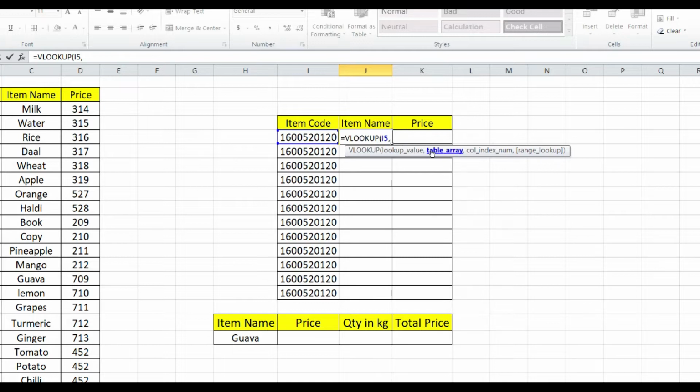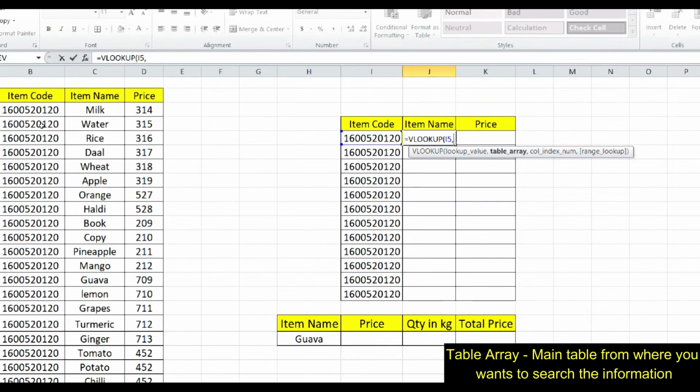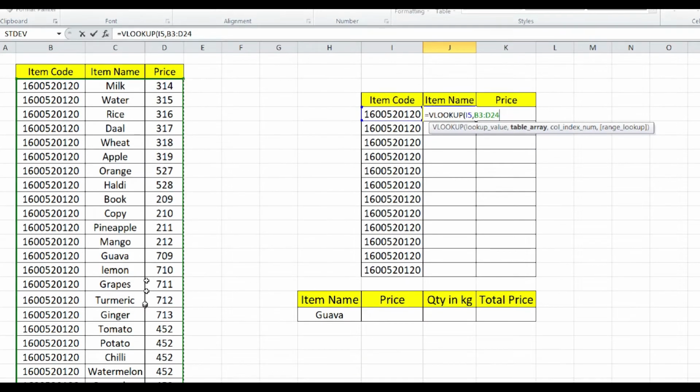Then it asks for the table array. The table array is our main table, so I will select the whole table and again separate it with a comma. Then it will ask for the column index number. What is the column index number?